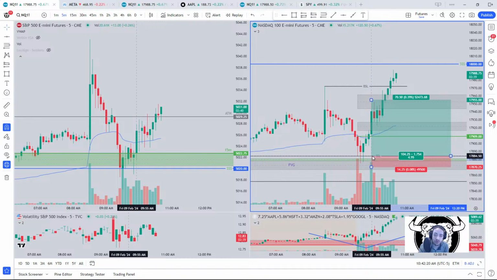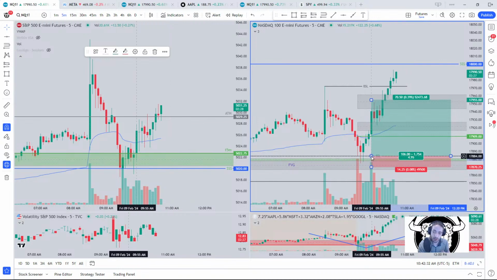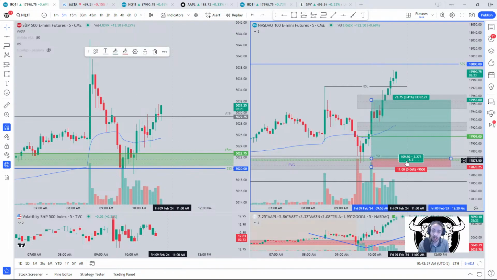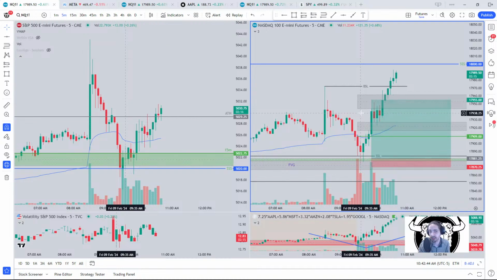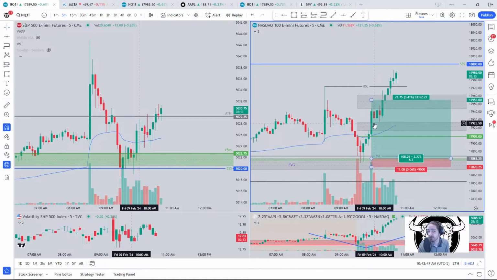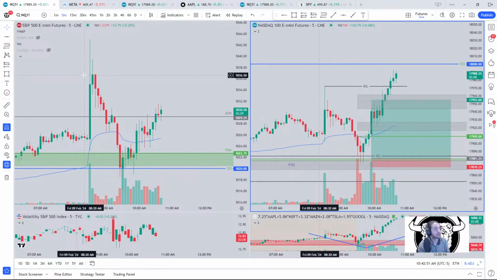So when it does that, it's essentially moving my risk to reward. So watch this number right here, 4.95. That's a 4 to almost a 5 to 1 risk to reward. So once I move it down and have a tighter stop, I'm going to have a higher risk to reward. My first entry on this trade was a much higher risk to reward than my second entry. But then we even had the 5-minute fair value gap that would have given us another 4 to 1 risk to reward trade. These are things we want to be aware of when we're trading.